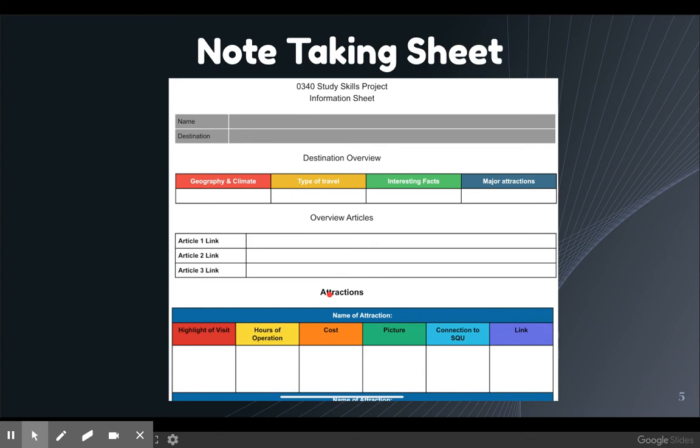So make sure you have all of this in front of you, your articles, your note-taking sheet, and you are ready. And when we come back, we are going to be looking at how to highlight our articles and find information for destination overview. All right,